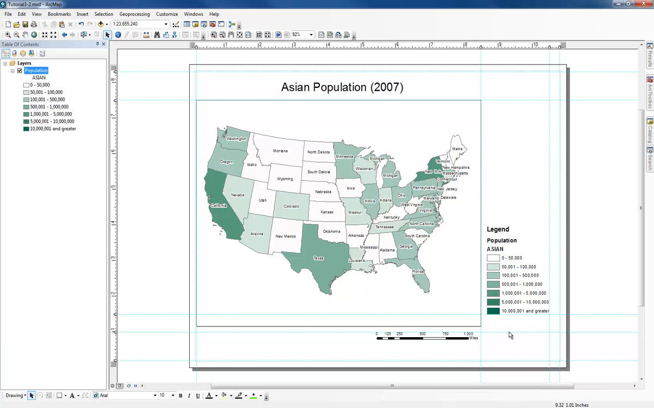And then what I'm going to do is insert text. As you can see the text is right there. I'm gonna type Source: U.S. Census Bureau. I'm gonna move that to the bottom of the page, or maybe somewhere here,